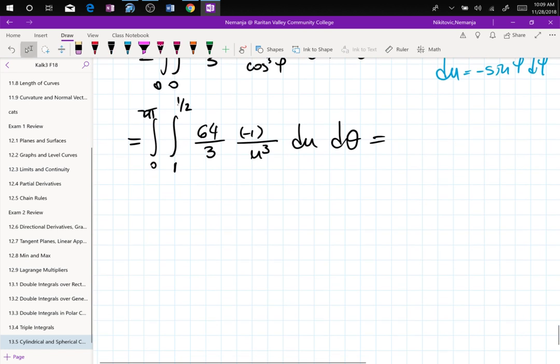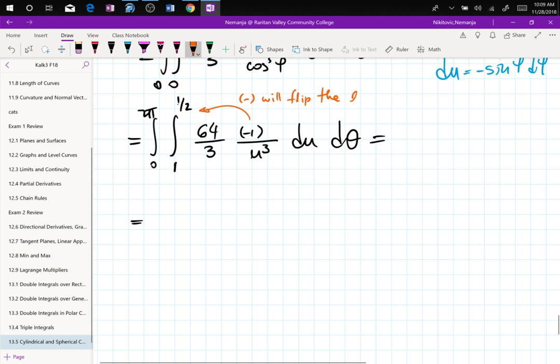So it's nice. I'm going to get rid of the negative. Let me actually write that here in orange. Negative will flip the limits. In my Calc 1 class, section 5.2, for definite integrals, if you swap the limits, you pick up a minus in front of the integral. Well, that minus 1 will swap those to 1/2 on the bottom and 1 on the top. So I have 0 to 2 pi,